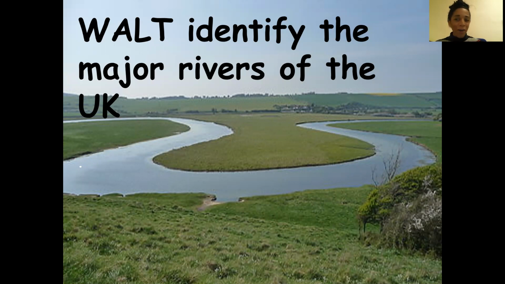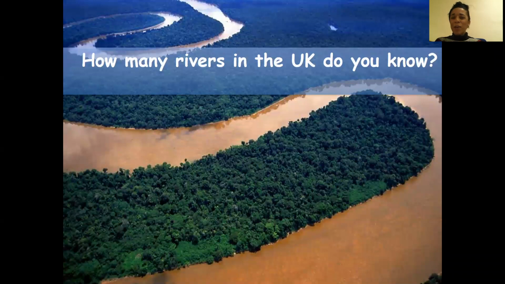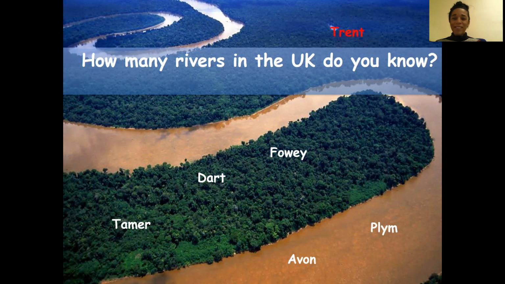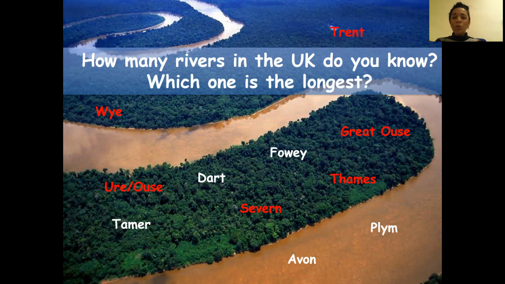And I thought we'd start off with a question. How many rivers in the UK do you know? Have a think. See if you can shout them out now. Great. I'm now going to share with you some of the major rivers in the United Kingdom. There's the Tamar, the Dart, the Foy, the Plym, the Avon, the Trent, the Wye, the Ouse, the Severn, the Thames, the Great Ouse,